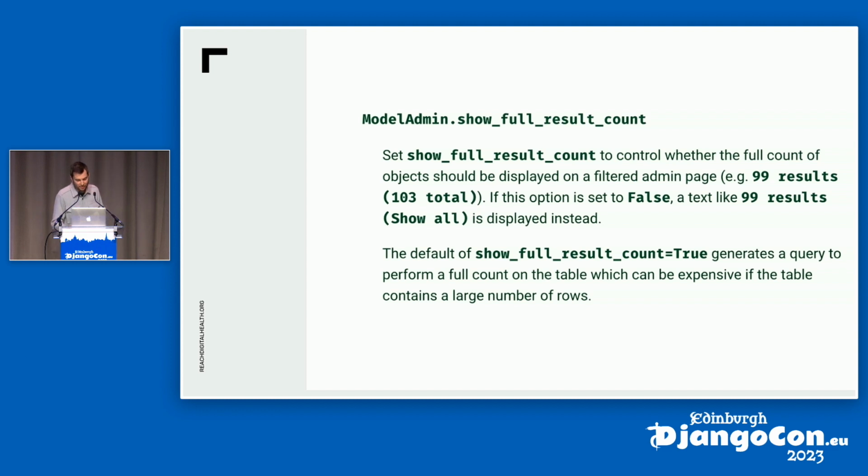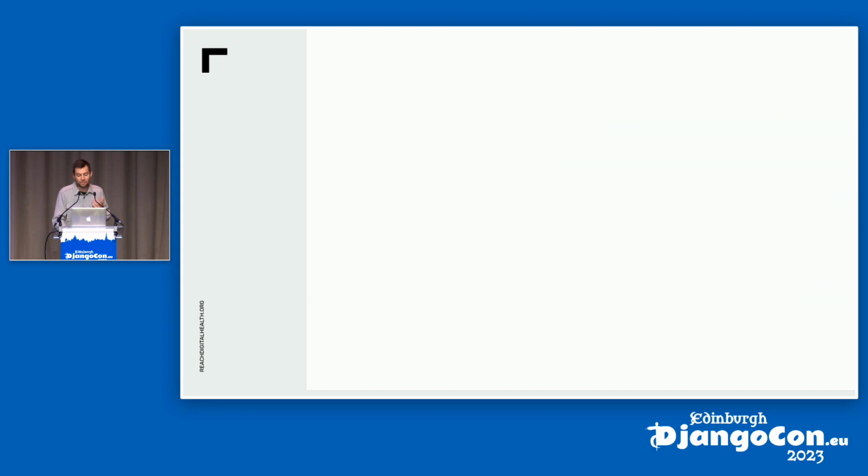That one is a bit more difficult. This one is related to the pagination, which is unfortunately not something that we can easily change in the Django admin. Django admin uses page-based pagination. It puts the page numbers at the bottom. We don't really want to change the whole thing. That's a lot of work. So how can we get around this? Well, we can create a custom pagination class.